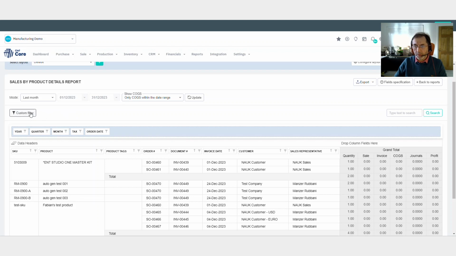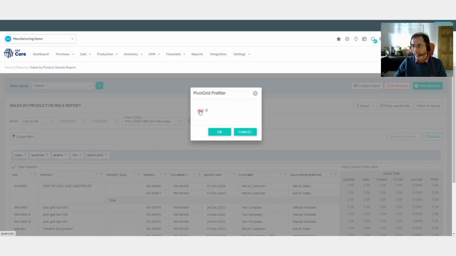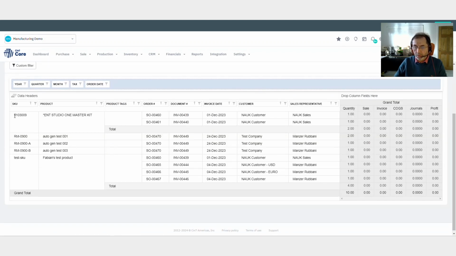Coming down to the custom filter, you've got Boolean, so you can add fields here and so on. I'll come back to this later. What I want to show you also is that you've got sort and filters for each of the columns. Very useful, because it's really what this system is. It's like an enhanced Excel sheet,